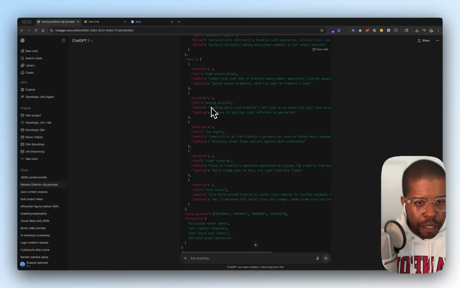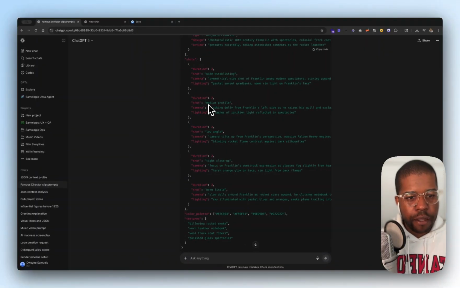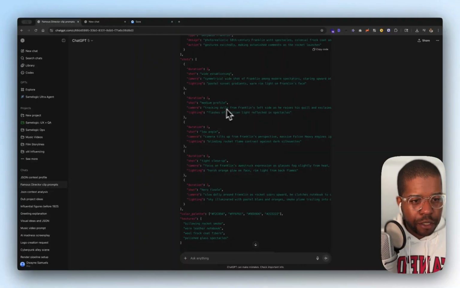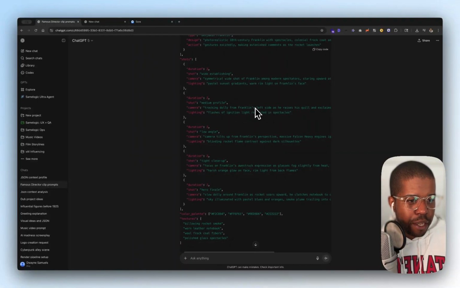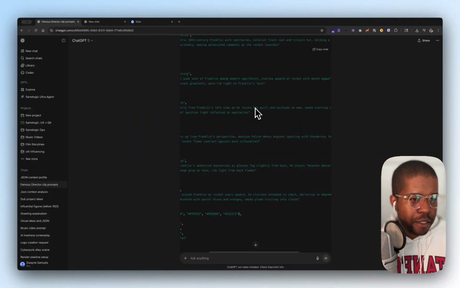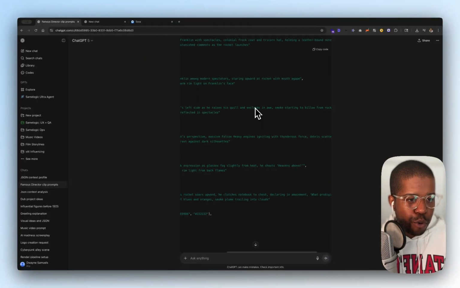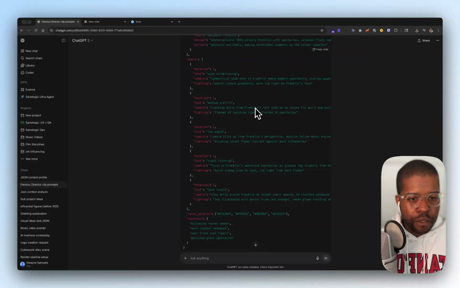So in the second shot, we have a medium profile shot. The camera is a tracking dolly from Franklin's left side as he raises his quill and exclaims in awe, smoke starting to billow from the rocket engines, right? And then you should see the flashes of ignition reflected off his spectacles.